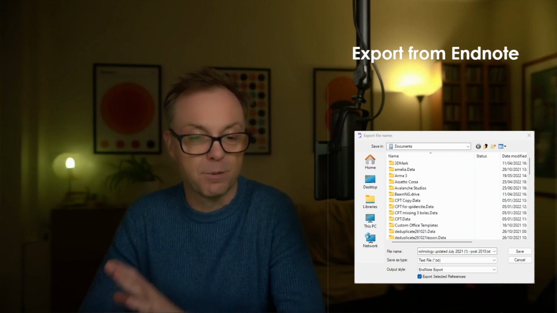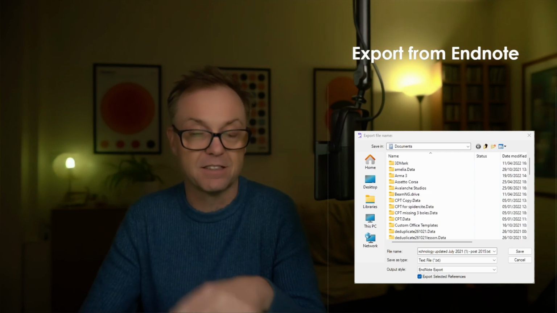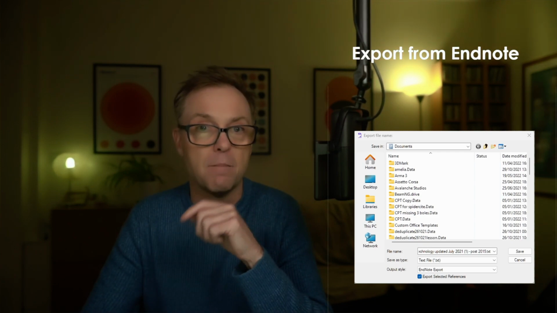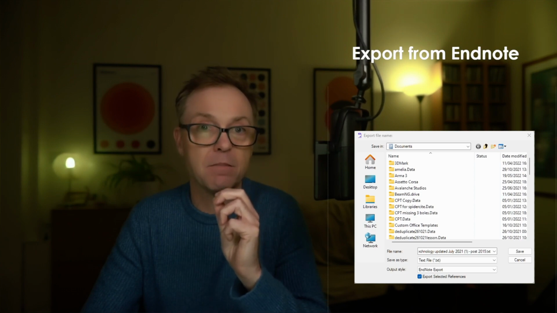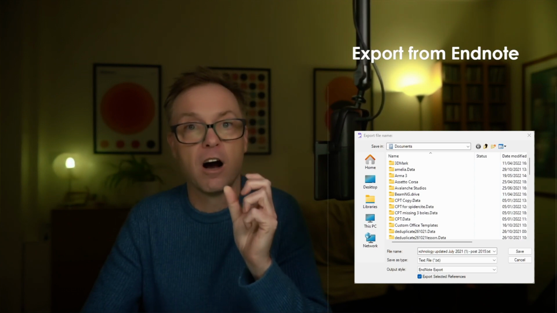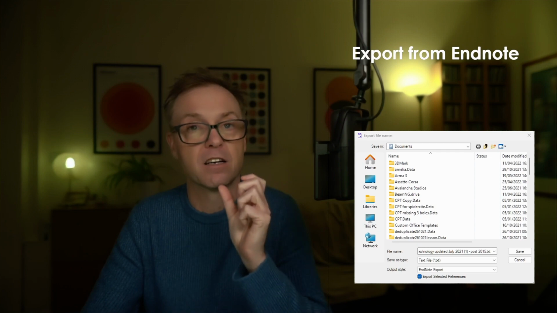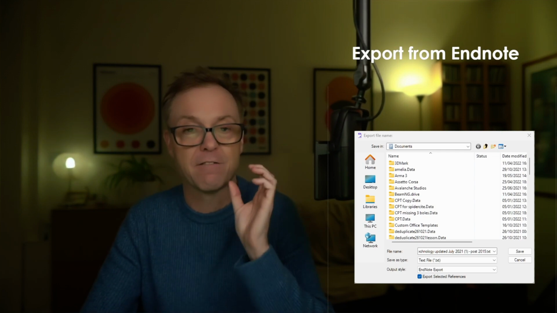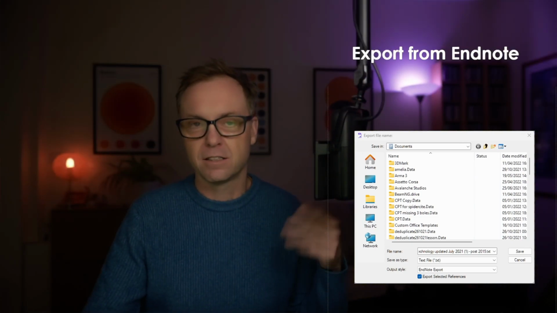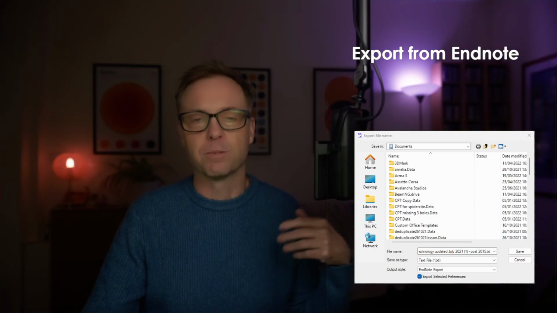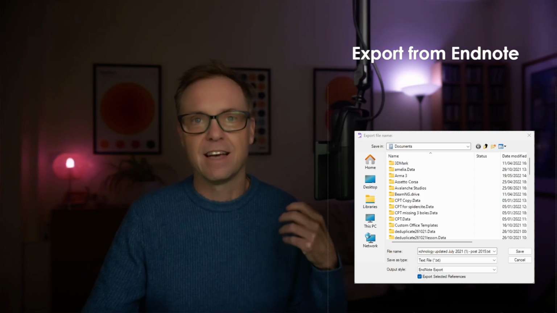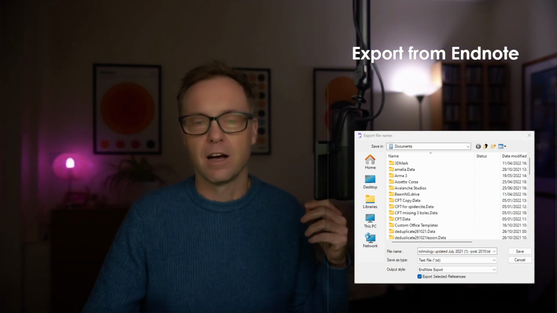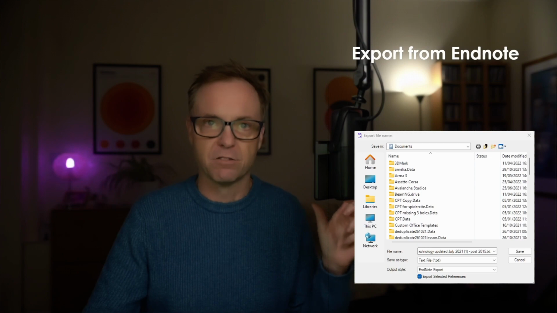When you export the file, as per the settings displayed on screen, when you give it a file name, I suggest you name it after the pair of people that are going to do the screening of that file. Assuming you've already separated out your deduplicated references into groups, where you have a group for each pair of screeners,